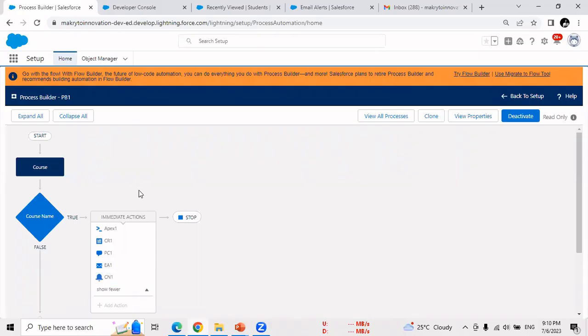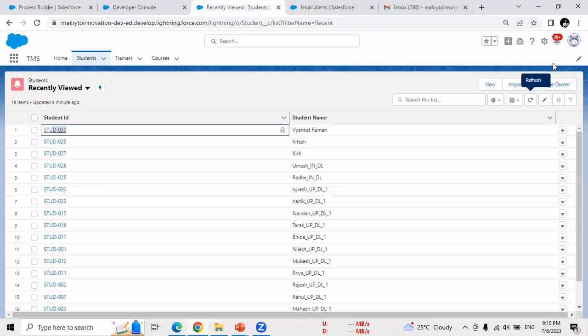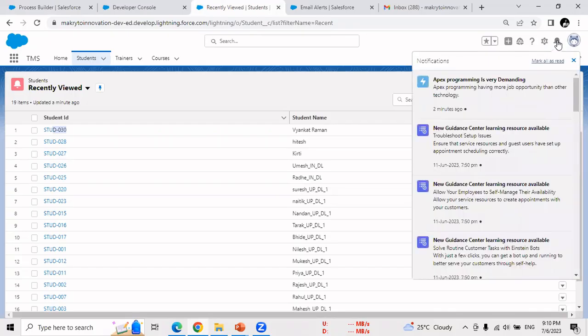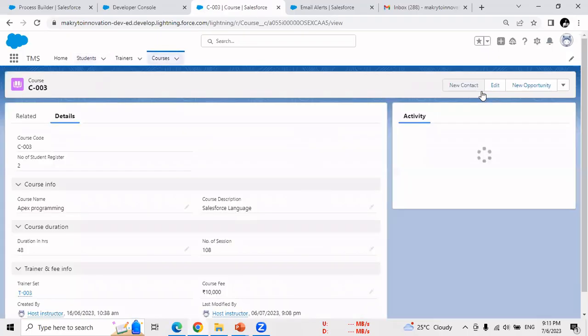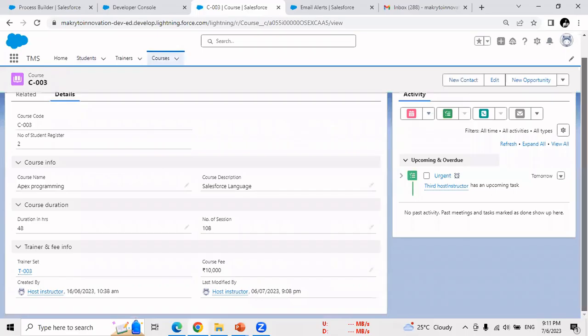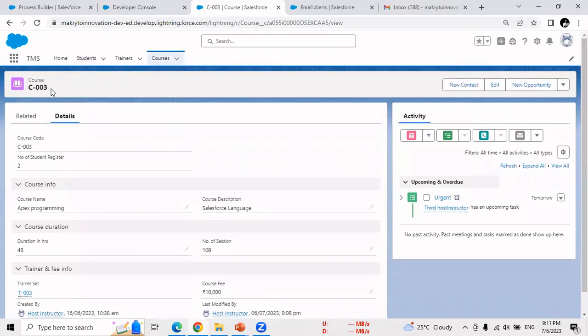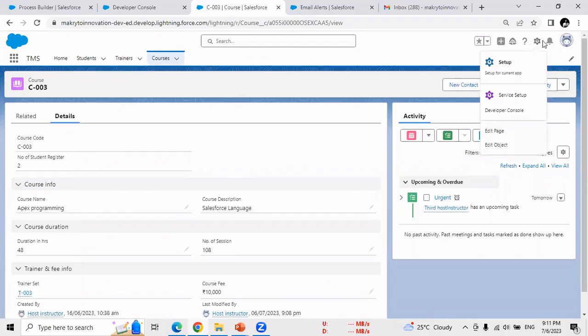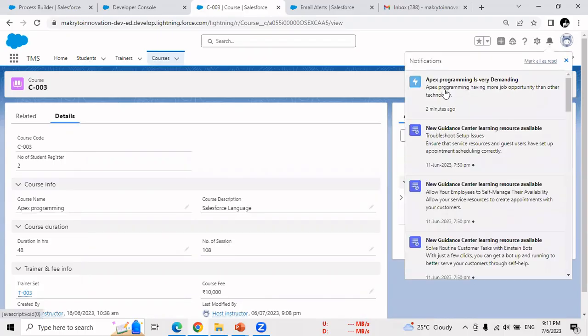Okay, so ये notification इसी यूजर को जाने वाला है. So यहाँ पे ये बेल आइकॉन दिखेगा. It represents the notification. If you open this notification, because we already have 20 plus notifications, but at the top you can see the important notification, that is Apex programming is very demanding. And if I open this notification, अरे किधर गया, तो ये मुझे डायरेक्टली वो कोर्स पे लेके जाएगा जिस कोर्स से रिलेवेंट ये नोटिफिकेशन है. Now you can see the body of my notification that Apex programming has more job opportunity than other technology, which we mentioned